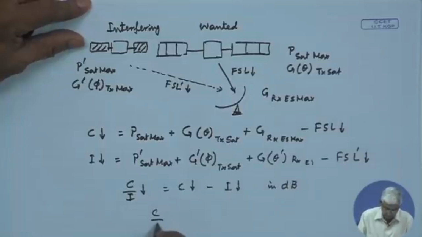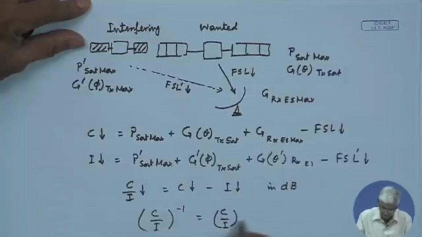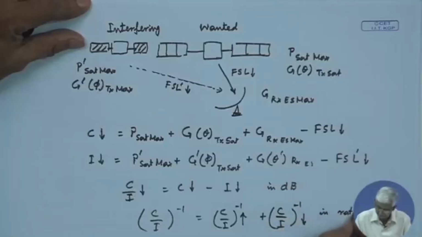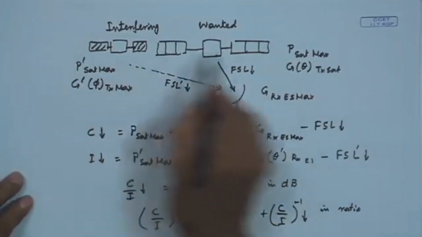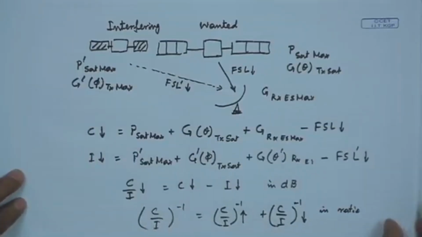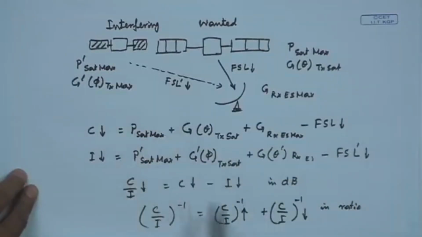So, C by I total is C by I uplink inverse and C by I downlink inverse. This is in ratio, and then you can convert back to dB. So, this is the basic calculation of the C by I, what you have done, what is really the amount of power which is interfering in the uplink and downlink and the total C by